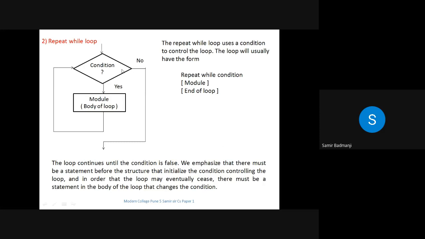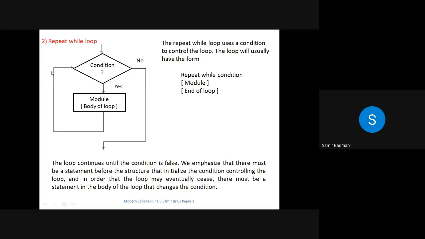But for the while loop, what is the condition? First, we have to initialize some variable before that while loop, and in the while loop, you have to use the loop index. That means to increment that value by 1 or decrement or whatever you want to do, that has to be done inside the while loop. Now see the condition in the while loop. If the condition is true, whatever steps are there in the module of the loop, the loop index will also be there. That means you have to increment or decrement. So that is done in the loop.